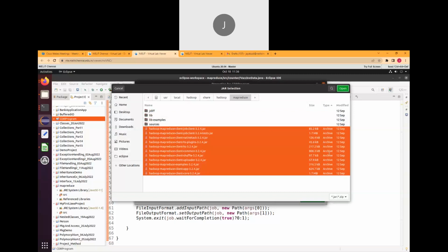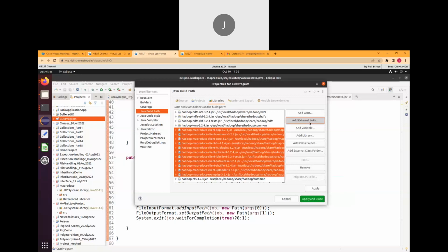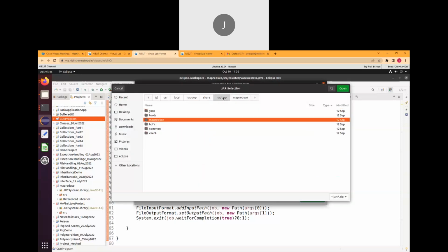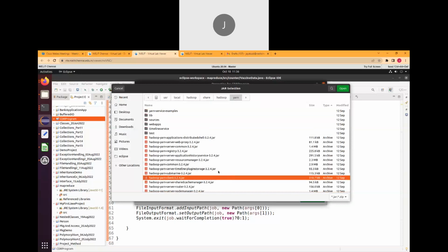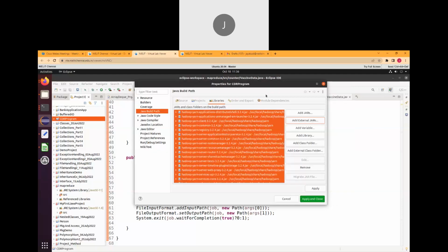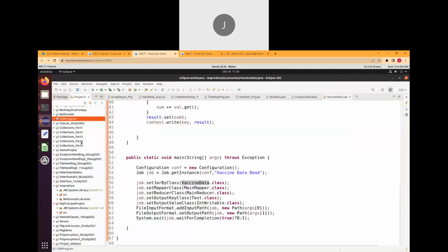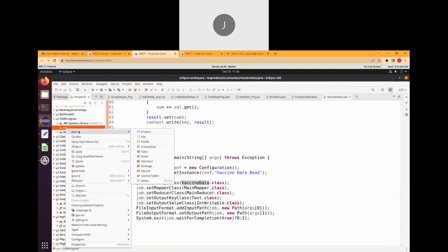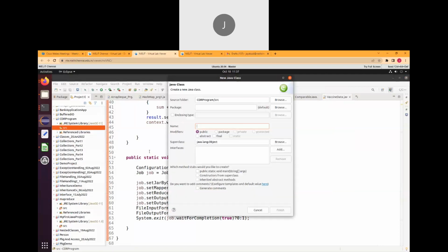Then in the Hadoop common libraries, I will choose. Folders, don't choose it. Open. This common library also we have to set. Open, add external jar. Then again go to Hadoop. Then we will choose the HDFS library, HDFS jar files. Control A, open,